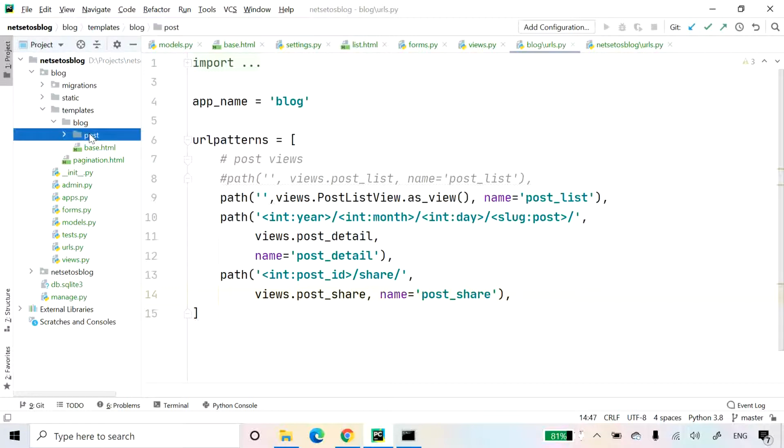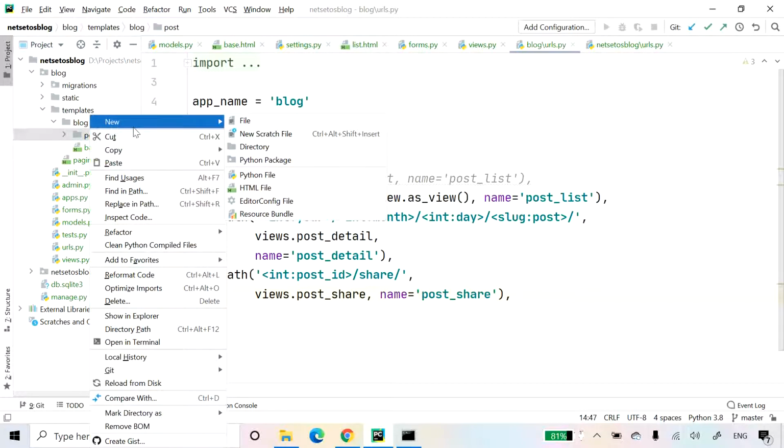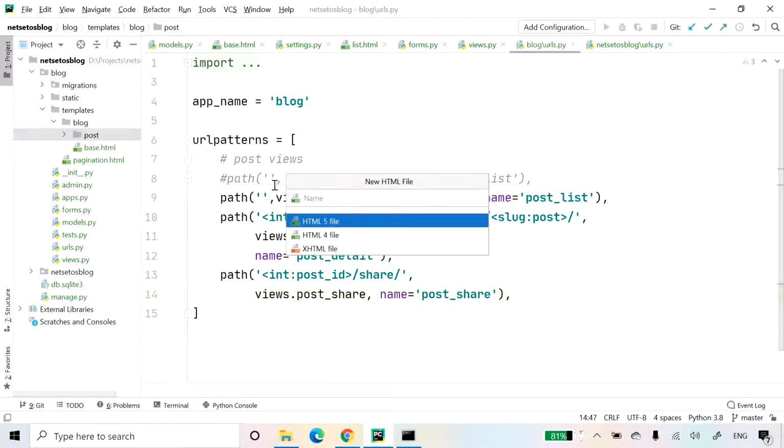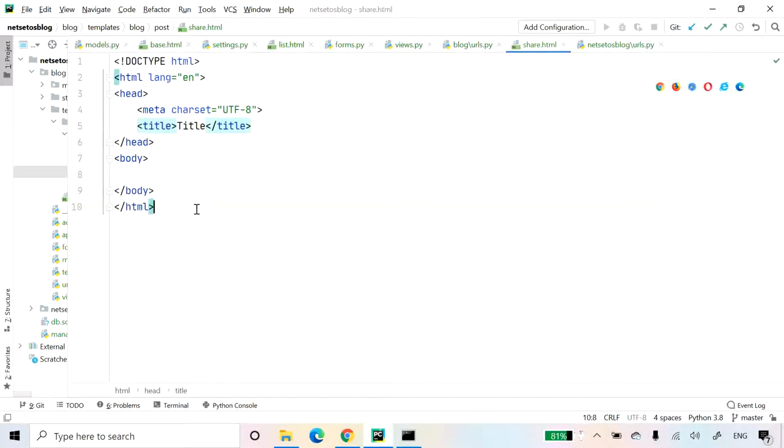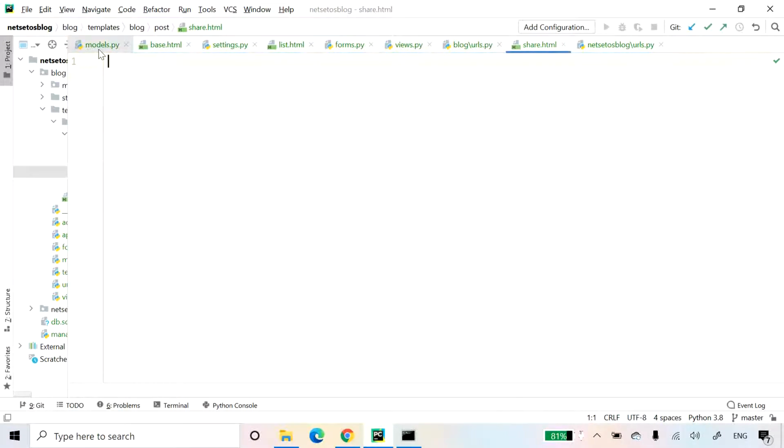Here I will make a new HTML file with the name share. So let's start writing over here. First I need to extend base.html, so I'll simply write extends blog/base.html.